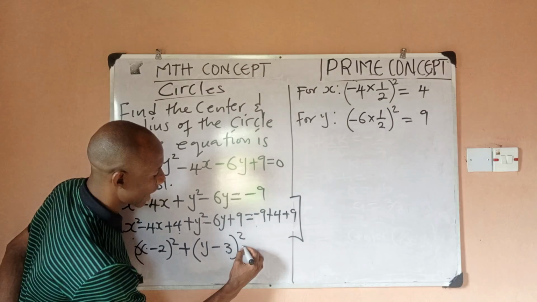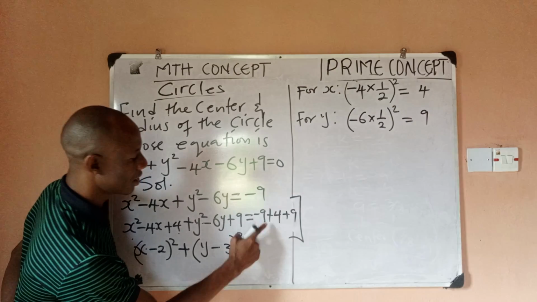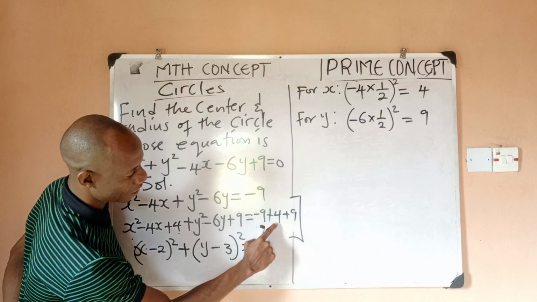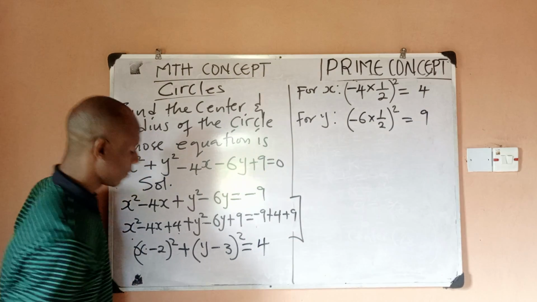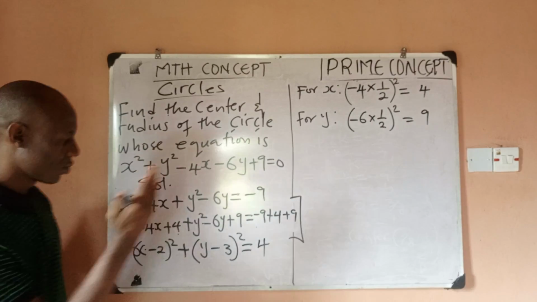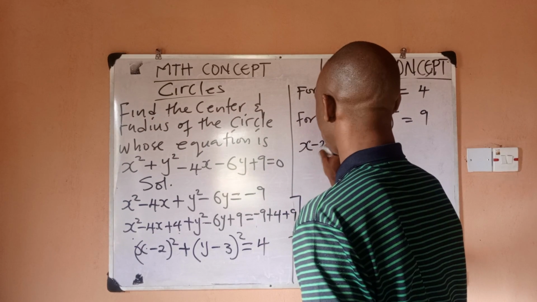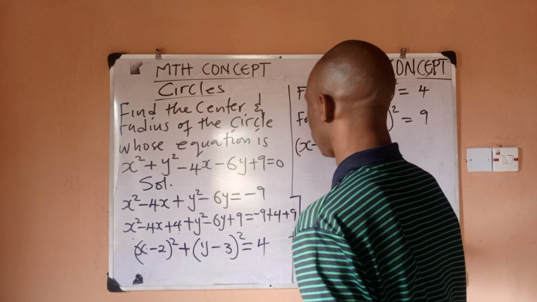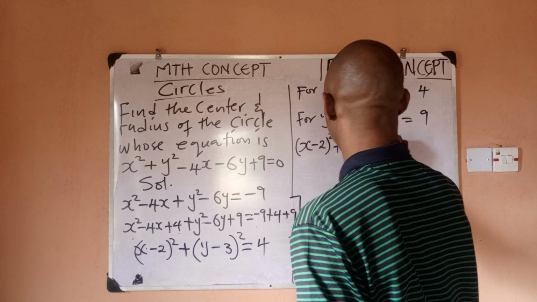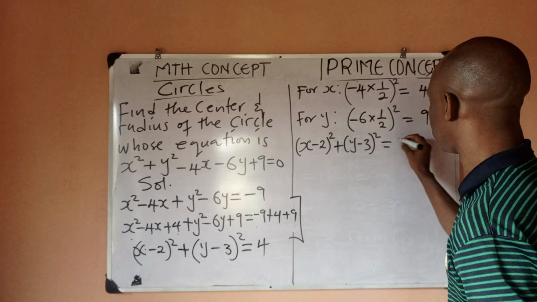So this I will be equating to this. Now minus 9 would fizzle this, and I'll be left with what there? 4, right? So that this becomes the equation of my circle. To still write it in a better way, I would say (x minus 2) all squared plus (y minus 3) all squared equal to, instead of saying 4, I know that I can write 4 as 2